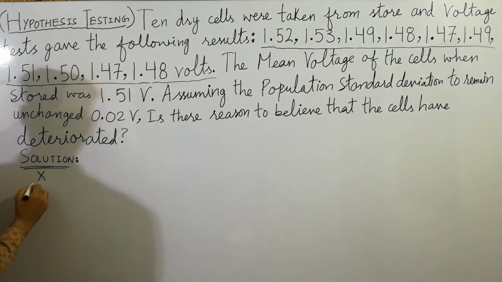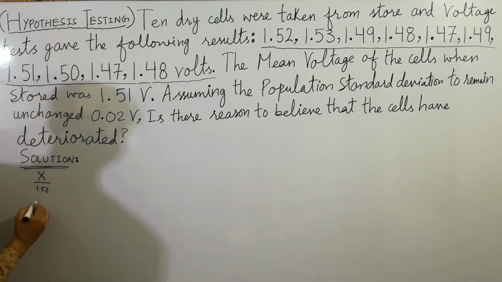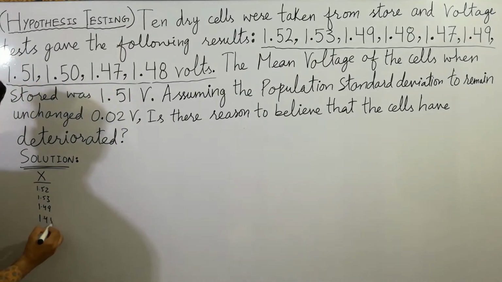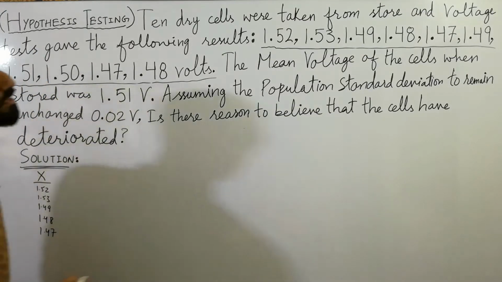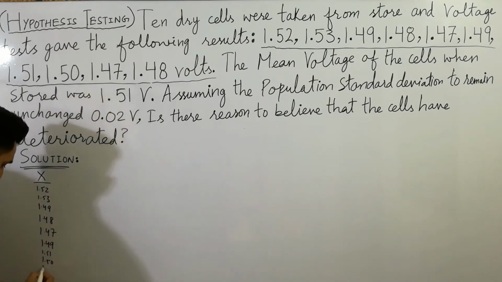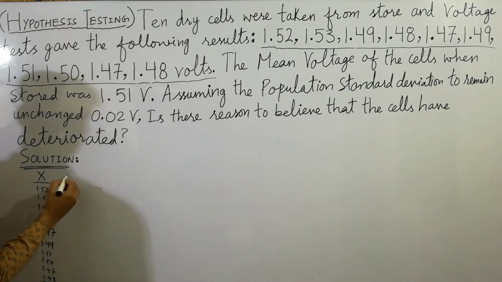So how x data is given here, you can note here 1.52, 1.53, 1.49, 1.48, and next 1.47, and next 1.49, and 1.51, and 1.50, 1.47, and next 1.48. So x data is given here, so you have to simply calculate x bar, which